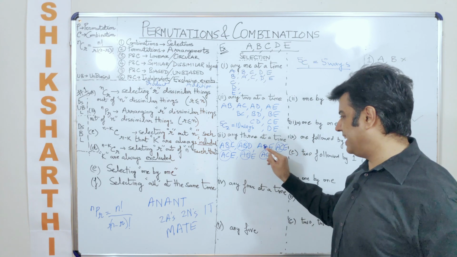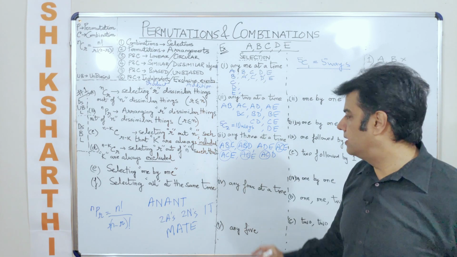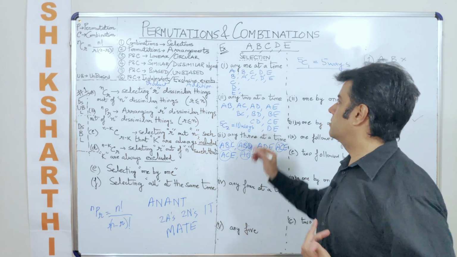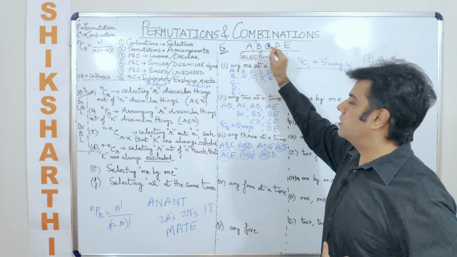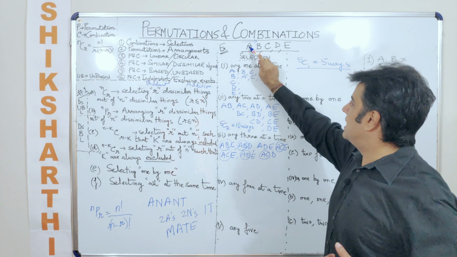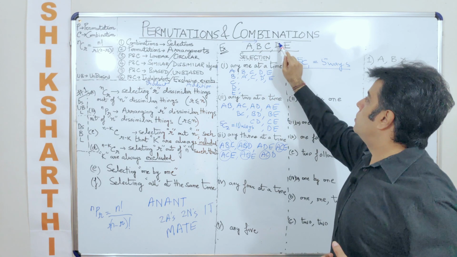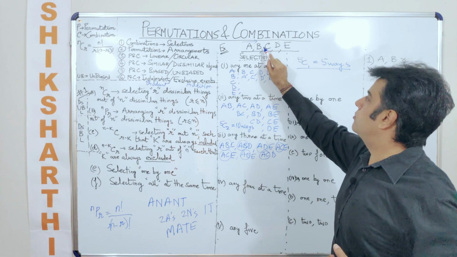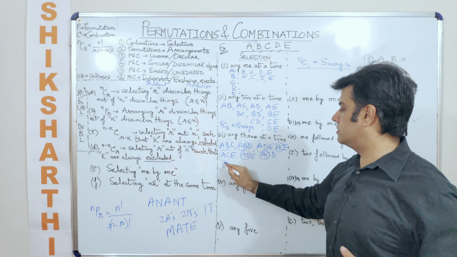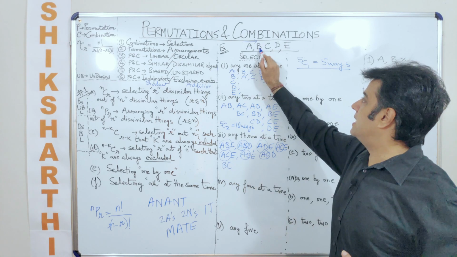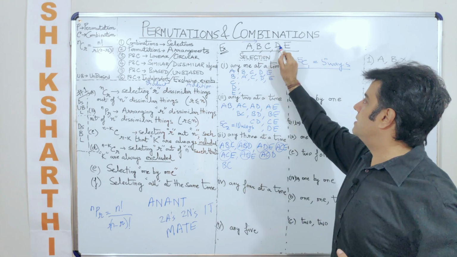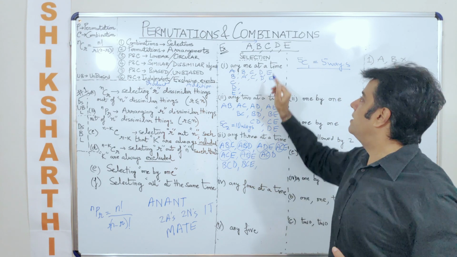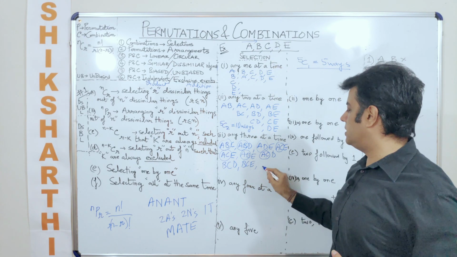Now you can fix what? AD. Now once you fix AD, you can select what? Either you can select a B, but don't go in the reverse order. Follow the order. Now follow this order. It becomes easier. So now once you are selecting AD, the only thing that is left for you is E, which you have already selected. Now we can talk about others. So if we select BC, along with BC I can select either D or I can select E. Finally with CD you can select only E.